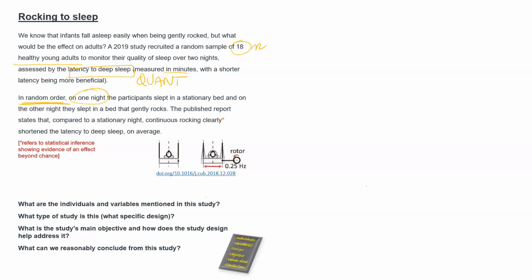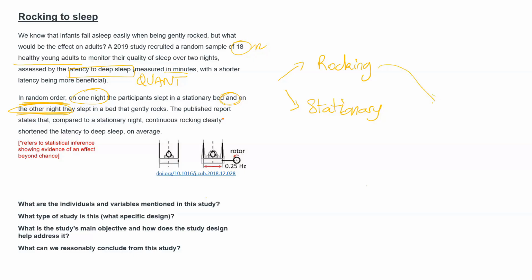On one night, they sleep in a stationary bed, and on another night, they sleep in a bed that gently rocks. So that means each individual is going to do two things, and what's going to be randomized is the order. And so this is an experiment with a matched pair design, also called crossover design, because when you draw out the timeline, you see that at first individuals are randomly assigned to sleep in either the stationary or the rocking bed. And then as we move on to the next time they come, they will switch or cross over